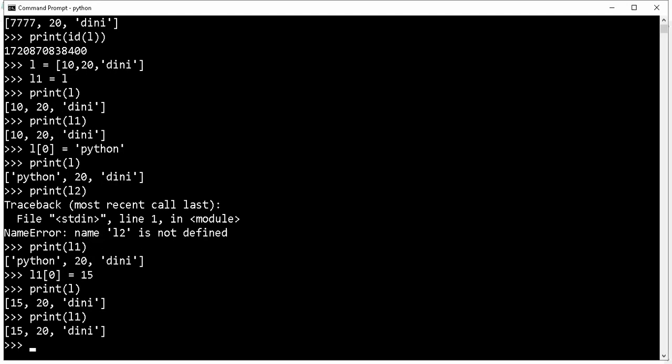Up to this, we need to know all fundamental data types are immutable. Once we create an object, we can't perform any changes in that object. If we try to change it, automatically a new object will be created. So why is immutability required? Because of the object reusability concept internally. The best example for mutability is a list. Anyway, in the next video, we're going to use both mutable and immutable repeatedly, so we should have some clarity at this stage only.